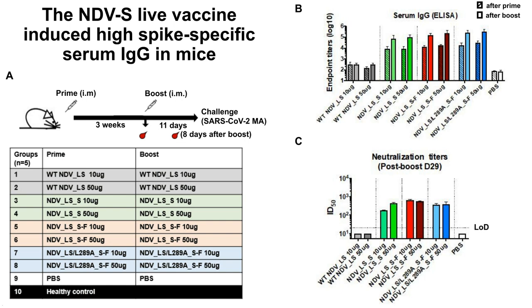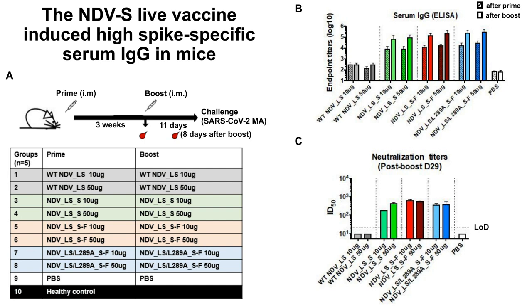This was live intramuscular administration of the Newcastle disease virus in mice, in a prime boost combination, and we also use two different flavors of the Newcastle disease virus, one that contains a mutation that makes it more immunogenic, which is this